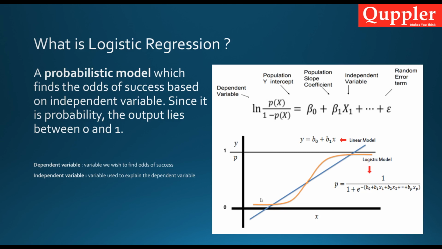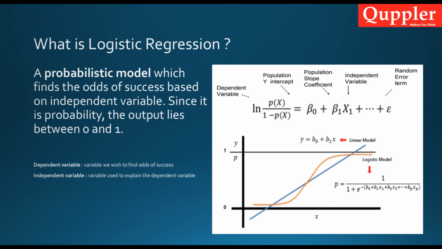This blue line, as I explained in my previous video on linear regression, can be in any range. Let's say it could be greater than 1, like 2 or 3, it could be in any range. It could be positive or negative. Whereas the nature of this logistic model is such that it always has to give you a discrete value. Let's say that would be either 0 or 1.